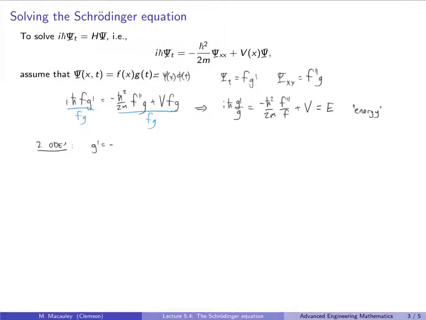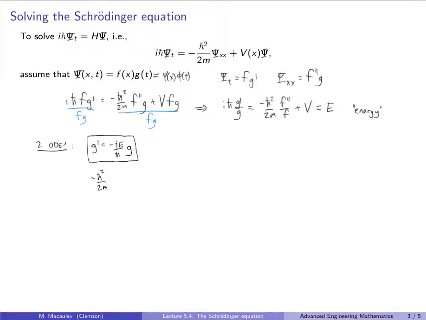So g prime is negative i over h bar times, let's write it, iE over h bar times g. So that's our first one. And then the second one is negative h bar squared over 2m